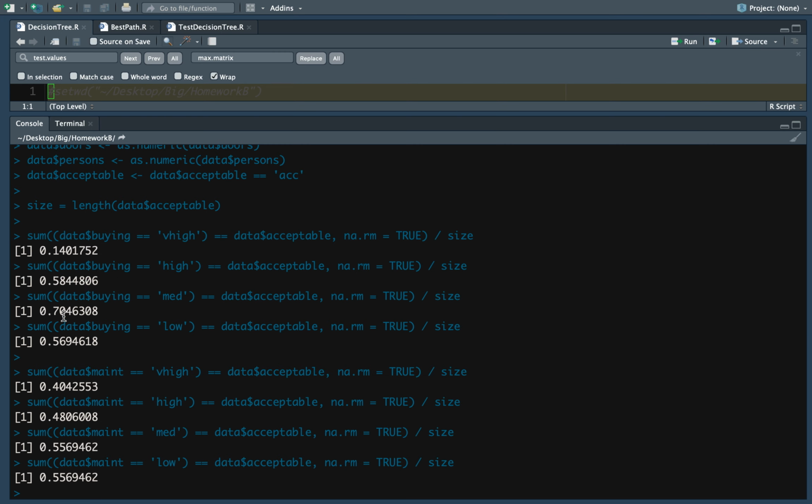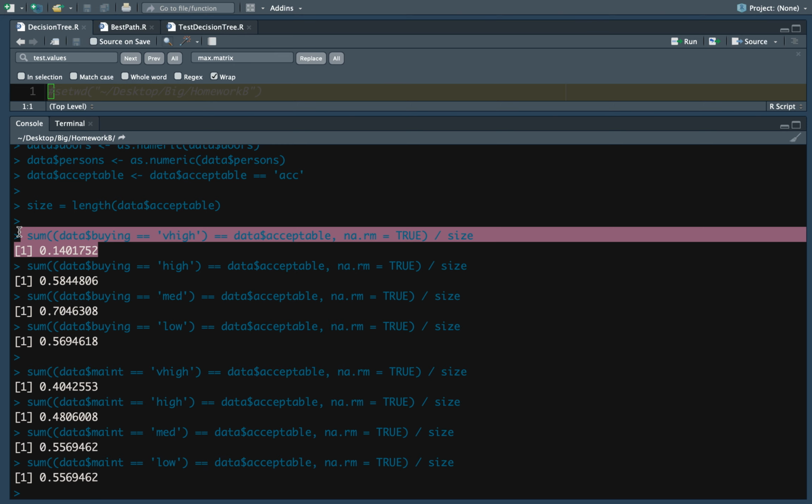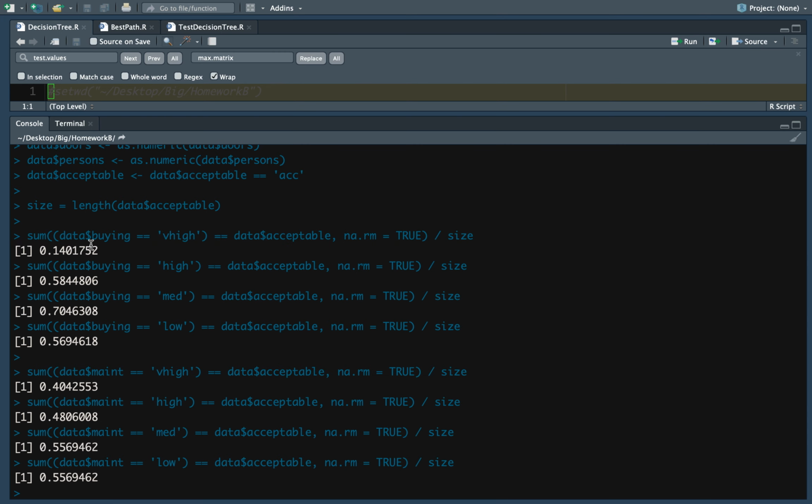So 0.5 is homogeneous. Anything significantly above 0.5 approaching 1, and anything significantly below 0.5 approaching 0 is going to be important. So actually this is a very important thing here, because if we reverse this, if we say buying does not equal very high, then we have 86% right there,